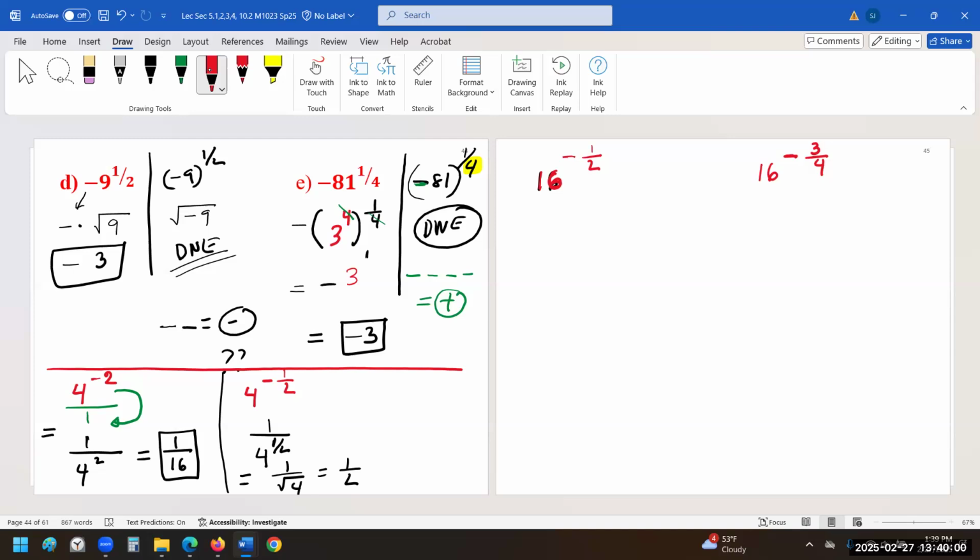So the first one, 16 to the 1/2. Anytime you see 1/2, you already know, right? 1/2 means what is given to you? Square root. Now the only problem is negative. How can you rewrite your negative with a positive 1/2 power? Flip. So we have 1 below that. Flip it, it will become 1 over positive 16 to the 1/2. And now you know 16 to the 1/2 is the same as square root of 16. What is square root of 16? 4. So what is our answer? 1 over 4.